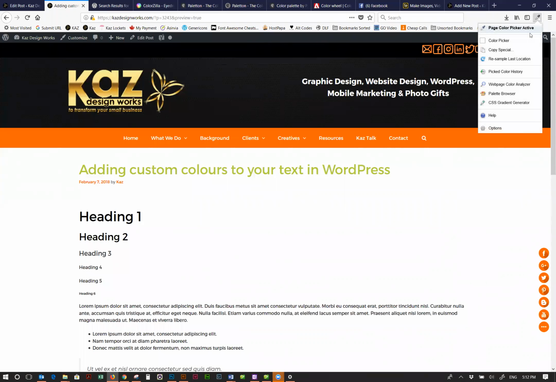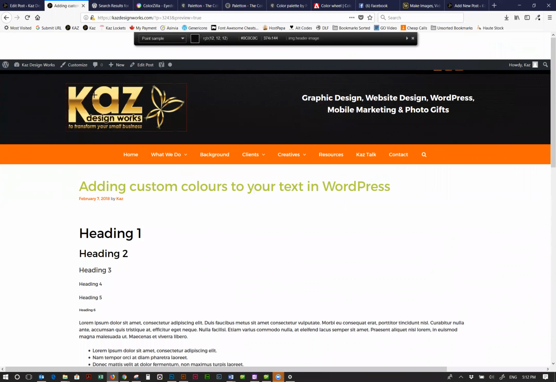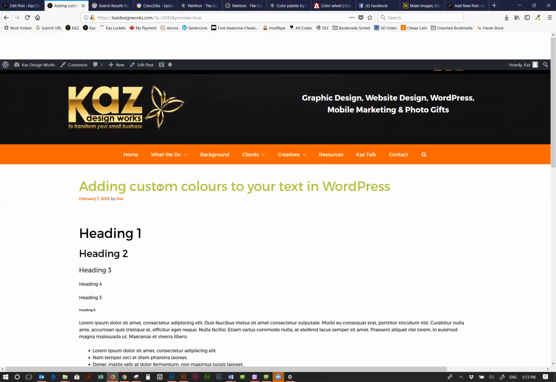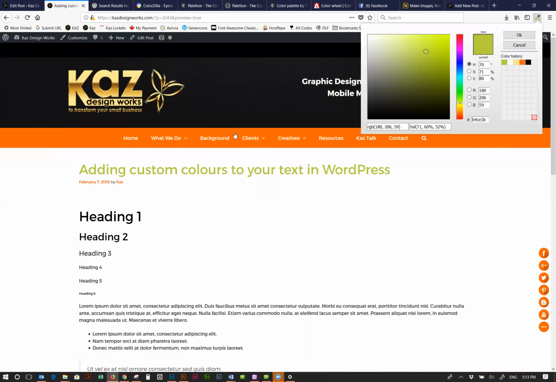So by grabbing the color picker, you just move your mouse across the website and you can see the colors appearing in this box here. So as I drag across, it's very hard to pick the text. I tried it earlier on. It did actually pick it this time. So it's copied it to here. When you can see it here, it has it here, color picker. You can actually copy this here,